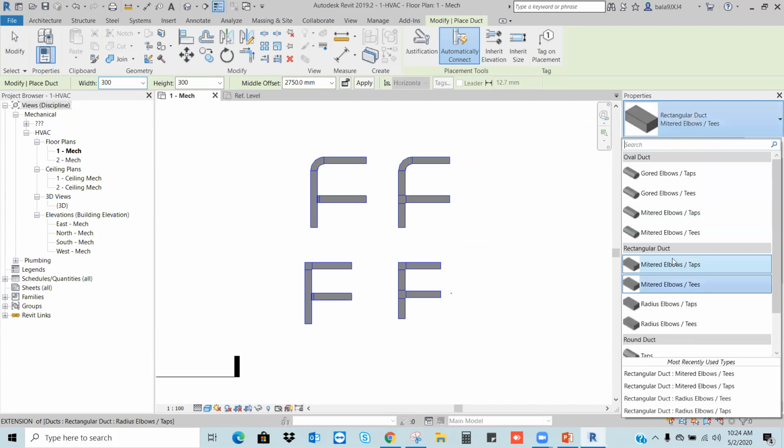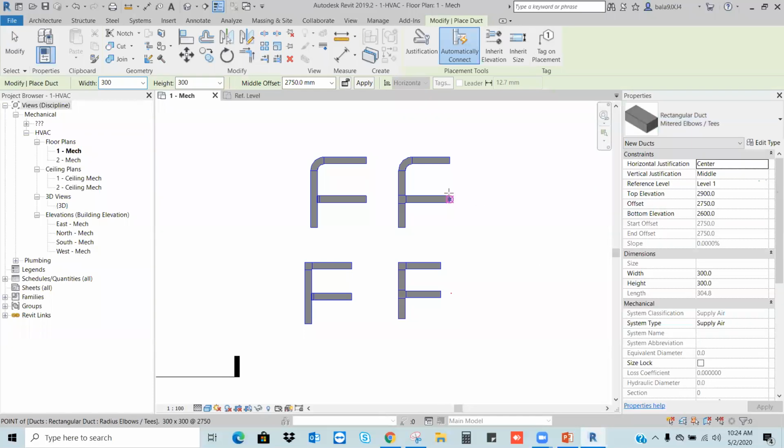I can choose any one of the types: miter elbow tap, miter elbow T, radius elbow tap, radius elbow T. And to draw any duct, we should follow the system. According to the system, we have four kinds of ducts: supply, return, fresh air, and exhaust.